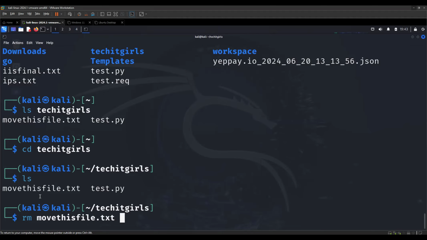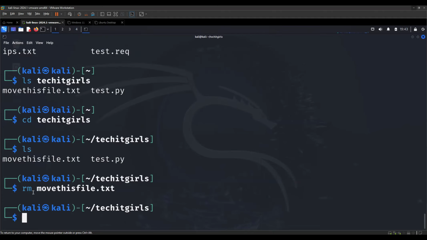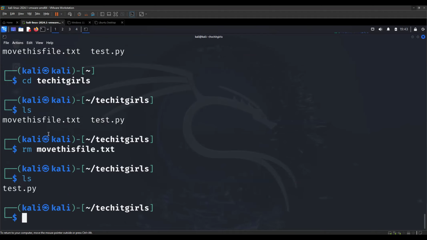So the syntax again is rm, which is for remove, and the name of the file or directory we want to remove. In this case, I want to remove this move this file.txt file. If I run this command, it's going to get executed, and if I do ls, I no longer have that file. I only have this test.py file. So one thing we should take note of here,